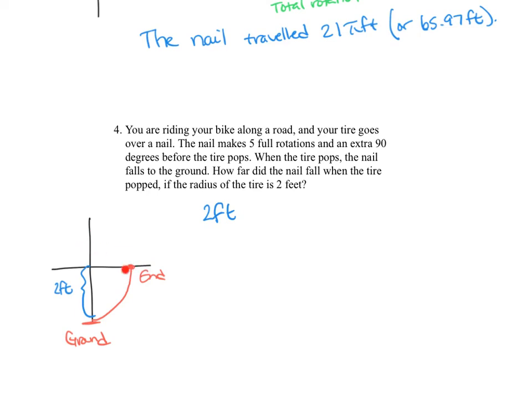But for us, when I think about my height here, or my y value, this point is 0, right? It doesn't have any extra height. So we're going to add the extra height of 0 feet, just giving us 2 feet. So for this example, we can say the nail fell 2 feet